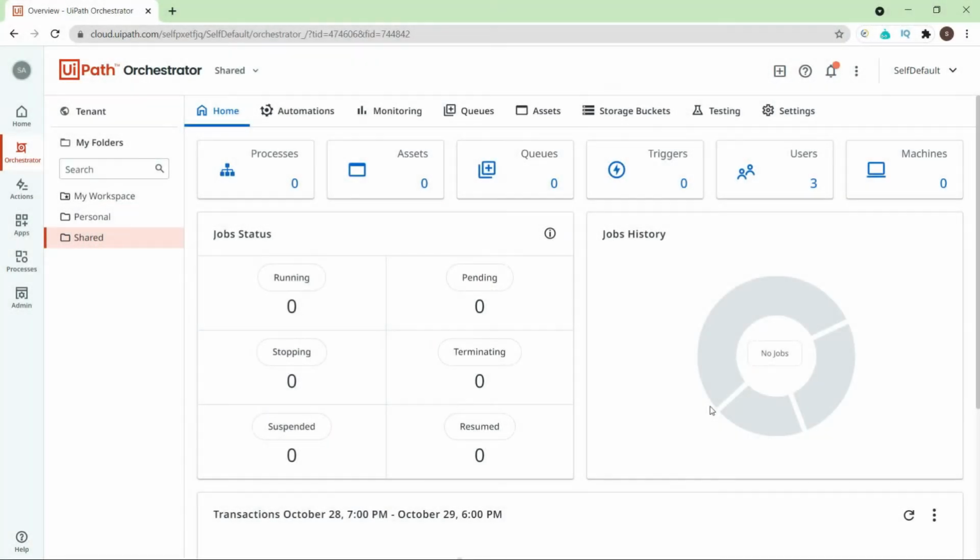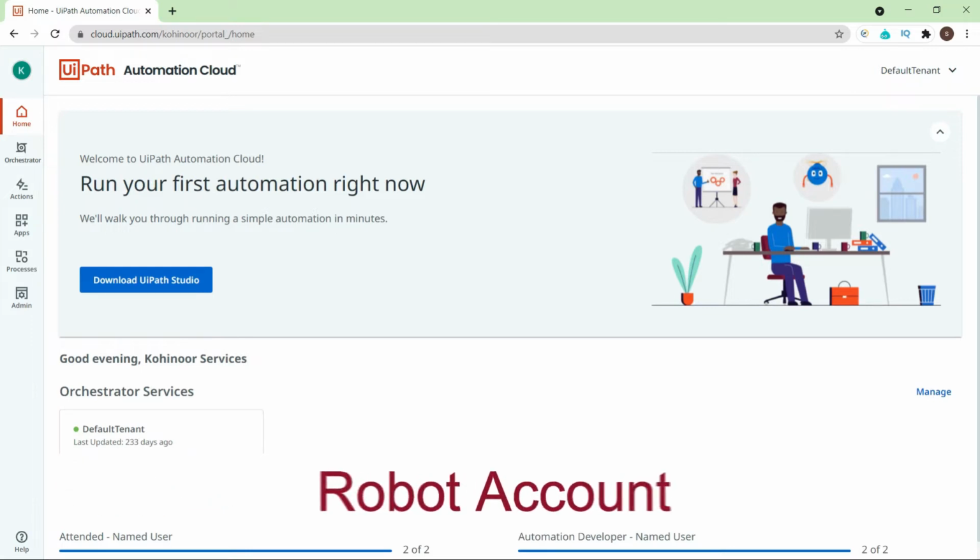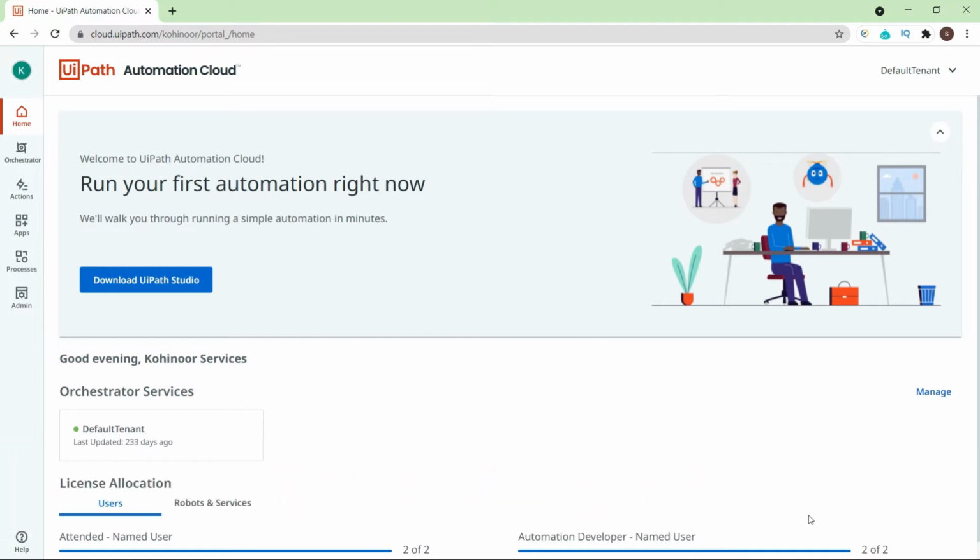Next point is unattended automation. A new type of account is available in orchestrator starting with this release, that is version 2021.10, which is called robot account. This is a non-user identity that you can set up in the same way as regular user accounts, but the account is clearly identified as a robot throughout the platform. This account type is similar to what Windows uses for running its services. Its purpose is to eliminate the need to create dummy user accounts for running your unattended automations and use this type of account instead.